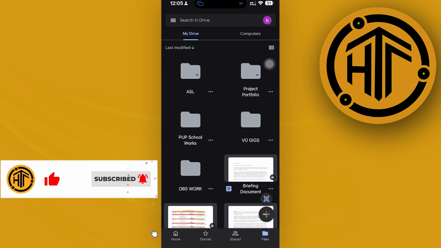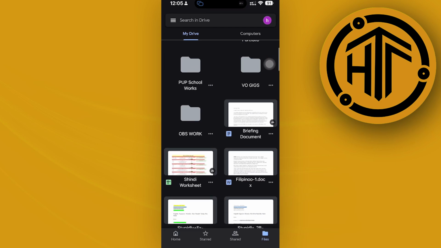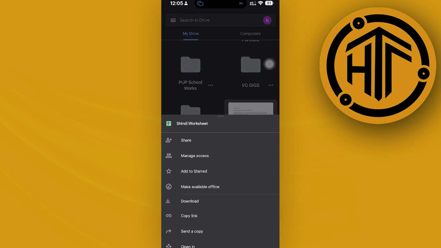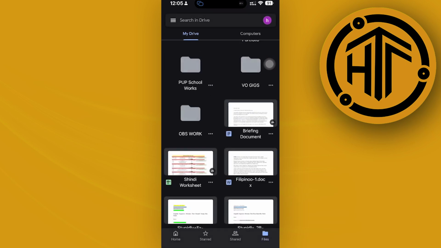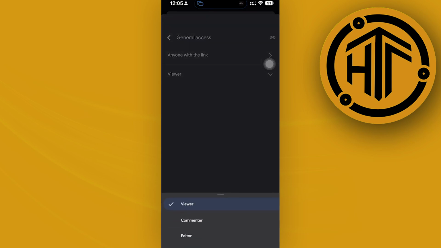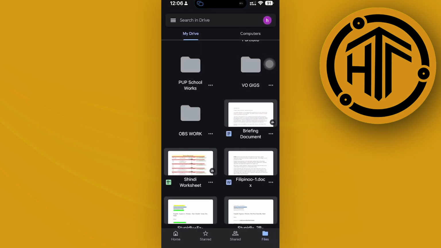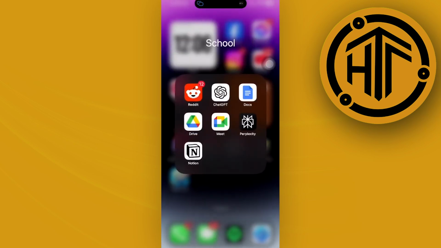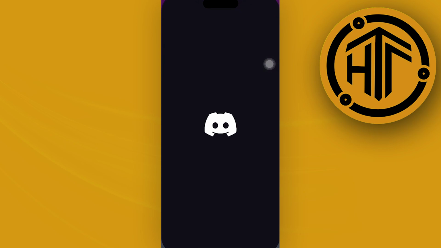So supposedly, let's assume that this is the file that you have uploaded on Google Drive. Just tap on share or manage access and then tap on anyone with the link. Of course, set it to anyone with the link over here on general access, and then tap on viewer and set it to editor so that the person could also download the file and not only view the file on your Google Drive link. So once you have copied that link, just send it over to Discord on this preferred user, and